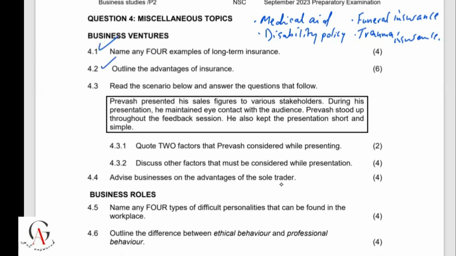Outline the advantages of insurance. So now one of the advantages of insurance is to transfer the risk from the business to an insurance company, and also protects businesses against dishonest employees, and also protects businesses against losses due to death of a debtor. Okay, right. So now we are saying that